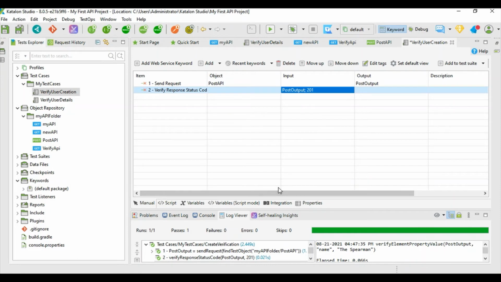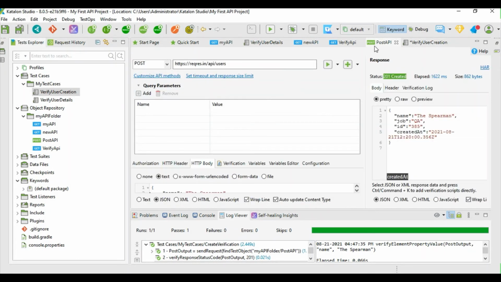Okay, and again we're going to see this is getting us the name value here and the job ID. So we can verify both if you want. Let us try to do that here.